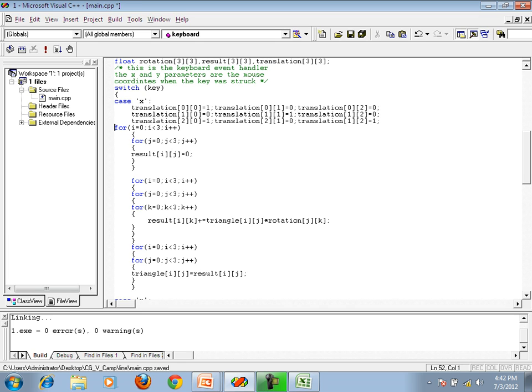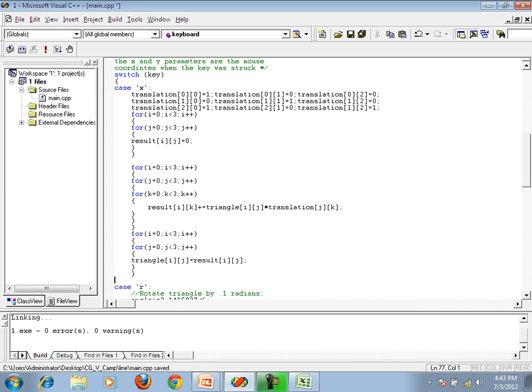So x अगर आप प्रेस करते हैं तो आपको x में शिफ्ट दिखेगी. ठीक है, instead of rotation here it is translation, and that's okay. And here finally you have to write break.